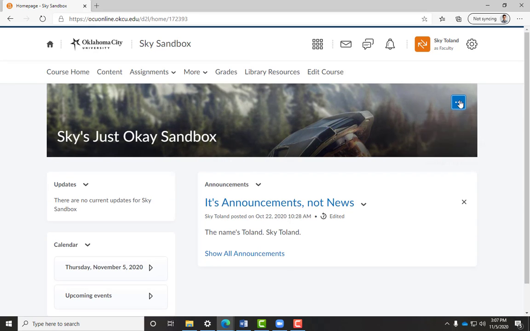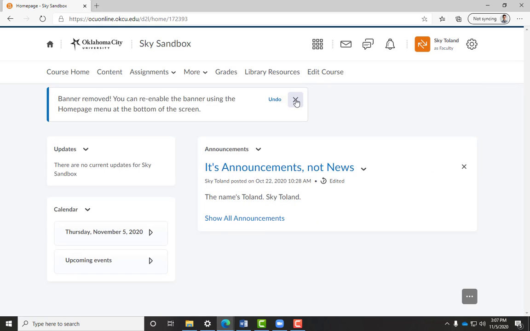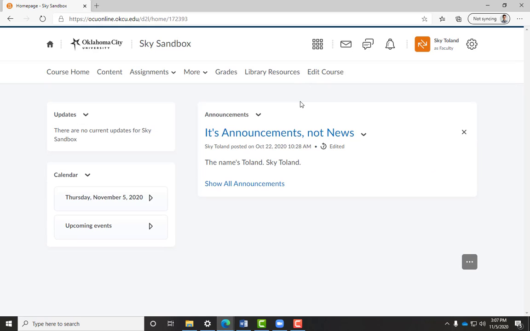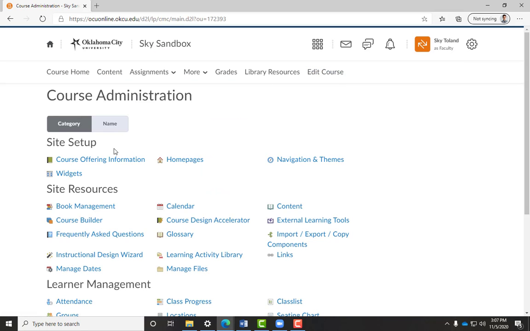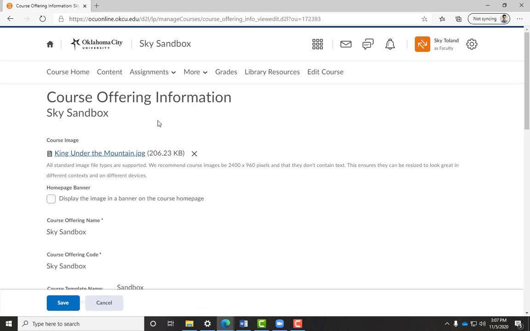Now, let's say we remove it at some point, and later in the development of your course, you decide you do want it back. There's a way that you can add it back as well. All you need to do is go up to Edit Course, click on Course Offering Information, and here you can see that the image is still uploaded, we just have chosen not to